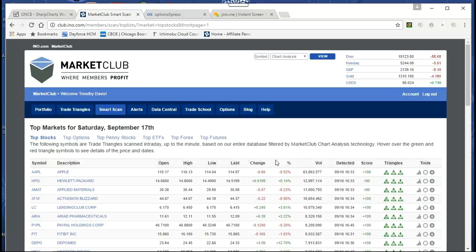Hover over the green and red triangles. Yes, I love it. Hover over the green and red triangle symbols to see details of the price and dates. Now,